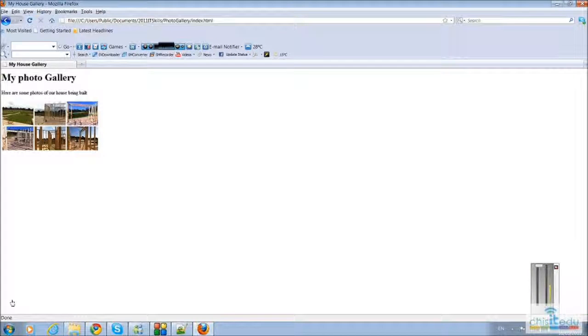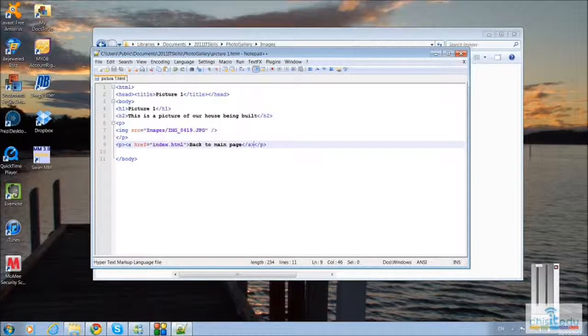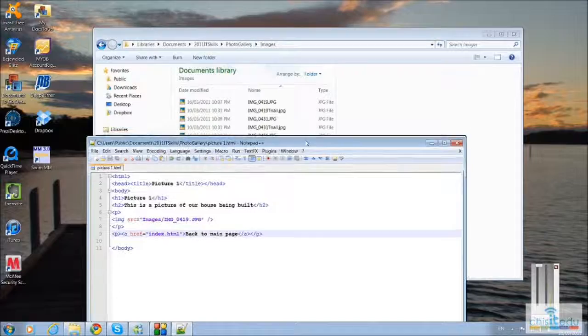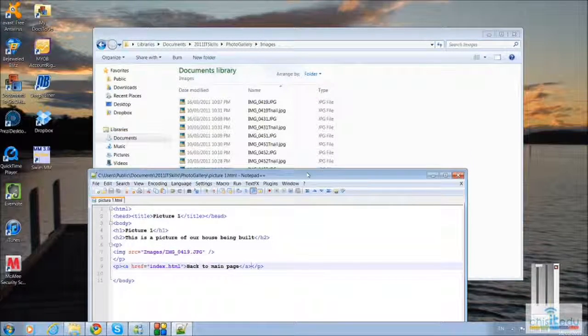So far so good. So I'm just going to close that, and we're back with our file here. The last thing I need to do is to now change my index.html file so that it will load up the right page. So this is actually called picture1.html. It's pretty easy to remember. So now I need to load my index file, so I'm just going to move that down a little bit, zoom back in,